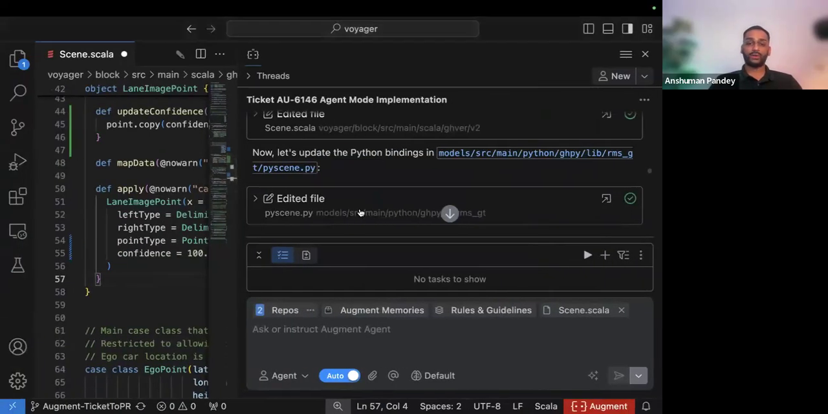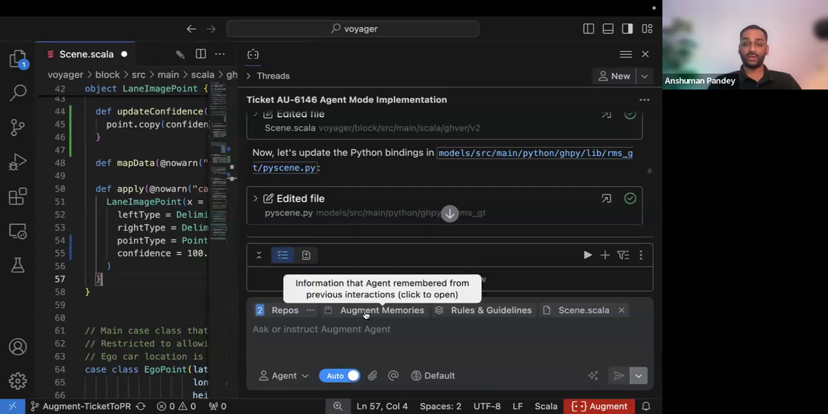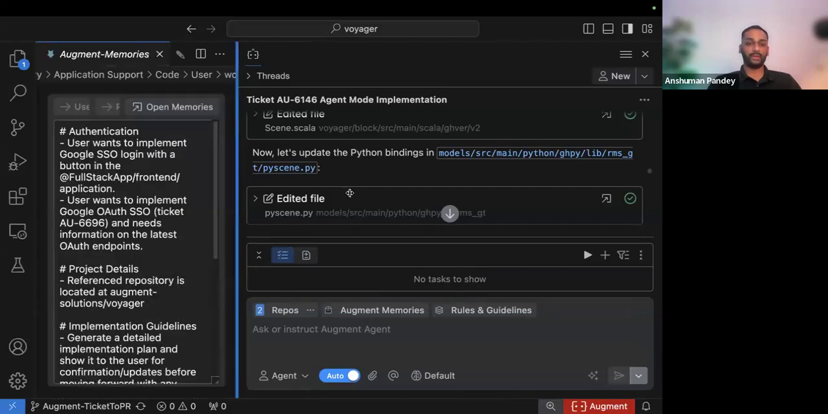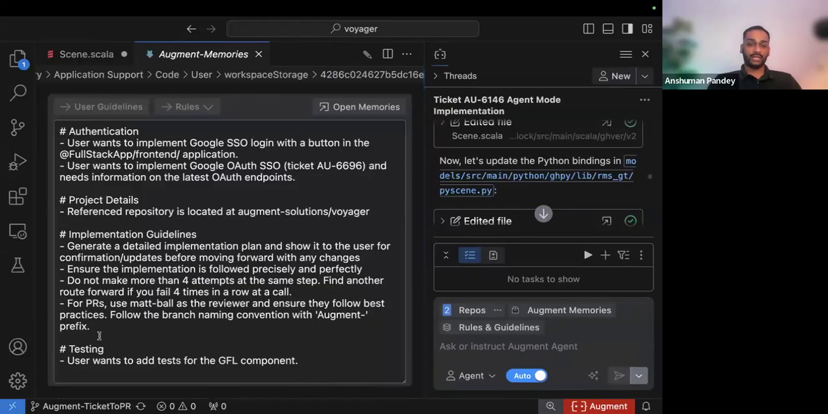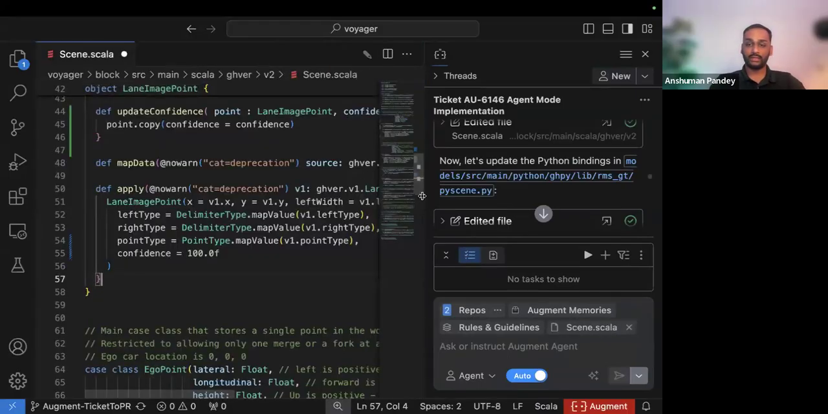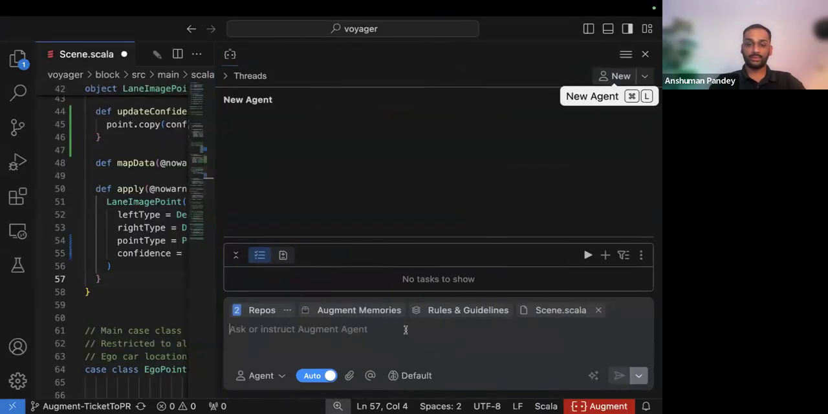So the way I was able to sort of control that agent is similar to guidelines, we have what's called Augment memories. So in natural language, I gave it some implementation guidelines, right? Create the detailed implementation plan, we follow this naming convention for the PRs and add Matt Ball as a reviewer, as you saw. But the beauty of agents is it's going to be able to actually go in and update memories on its own. So I was working on a ticket prior, and let's take that example where I can